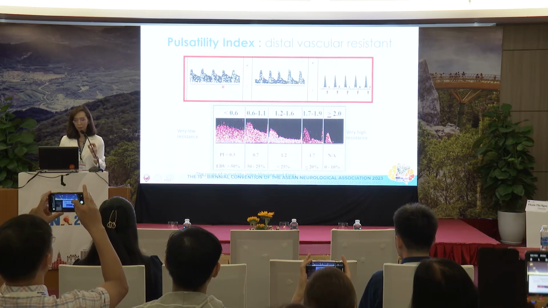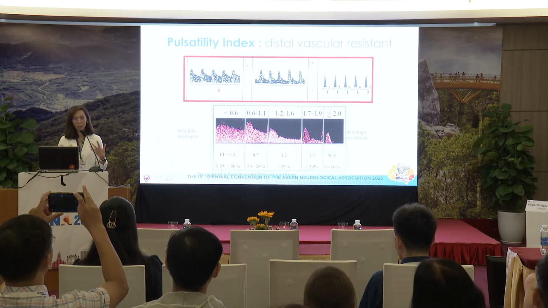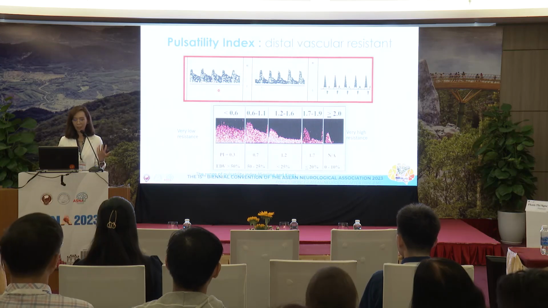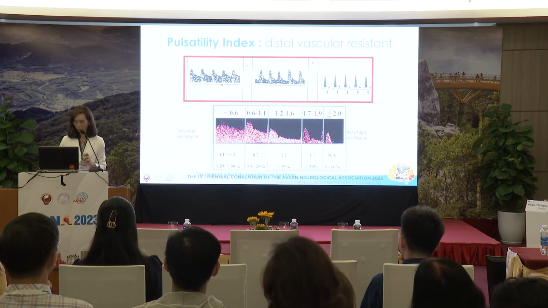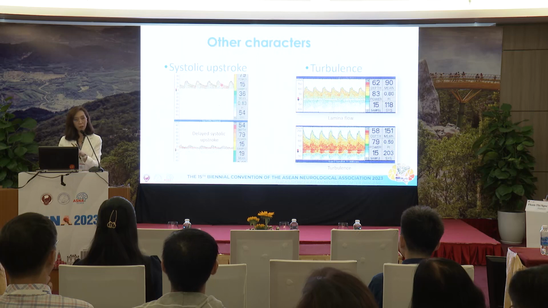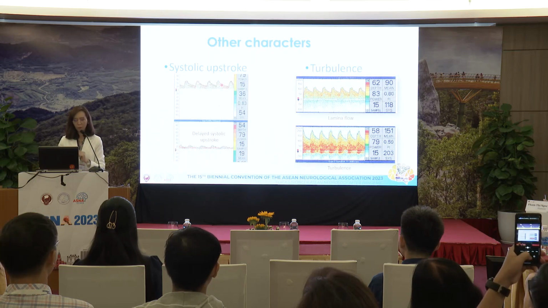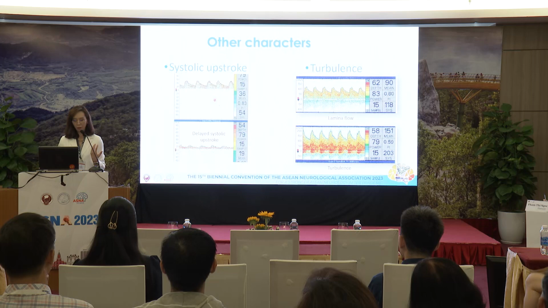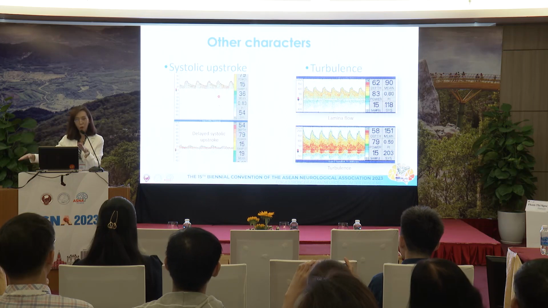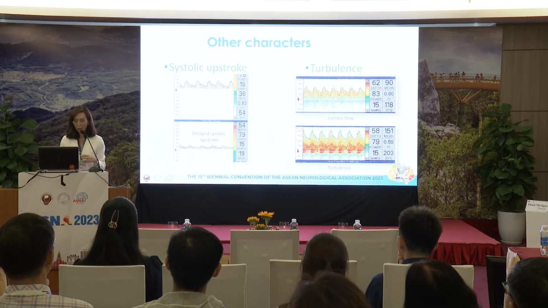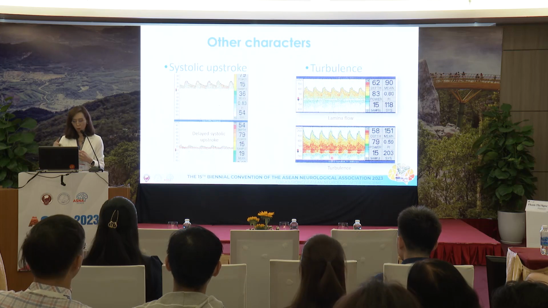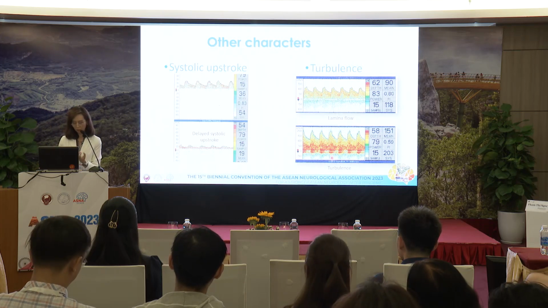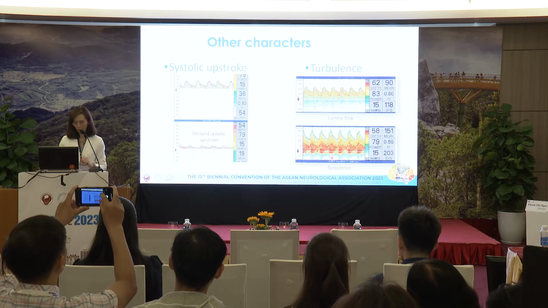So for intracranial vessels, we are looking at the low resistance circulation. So it's very likely that it's going to be in this range, and it usually looks like this for the intracranial vessels. There are some other characteristics that you have to look at in the waveform, the systolic upstroke. Sometimes you have a dampened waveform, meaning that you are at the distal part of the stenosis. Or sometimes there's some turbulence. When there's a stenosis, there's turbulent flow, so you can hear the murmur or some turbulence noise over the area.